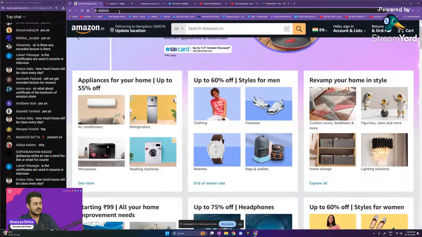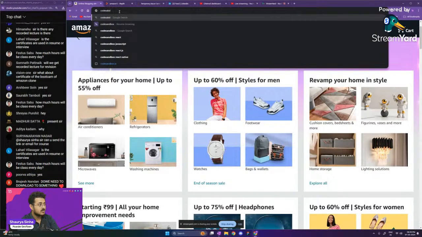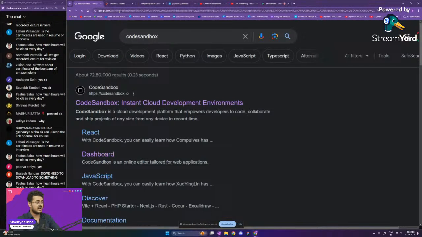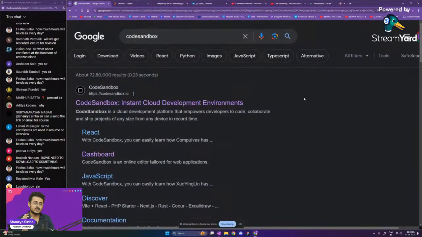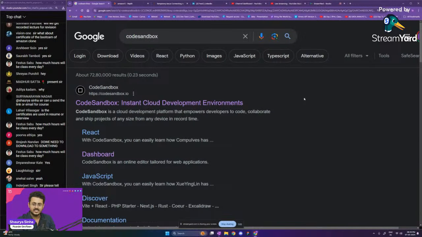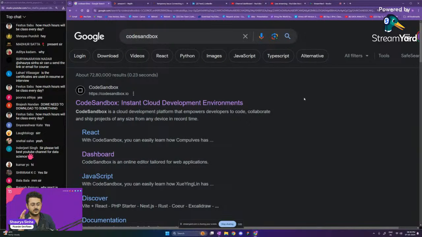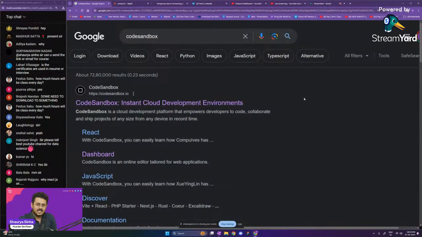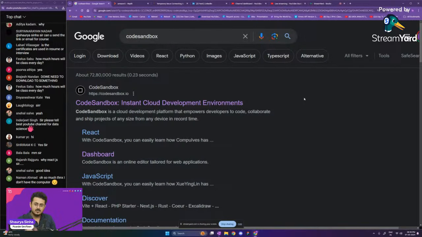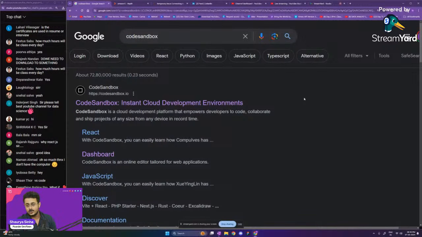So we're going to use an online coding platform like Code Sandbox. Let me just search for Code Sandbox on the internet. As you're able to see, it is an online coding platform. Even if you don't have a laptop or a desktop, you can still code from your mobile phone. You can still make the project on your mobile phone itself. Except for some parts of JavaScript, for which you will require a laptop. If you don't have it, just focus upon the class. Try to learn as much as possible. Take down notes.